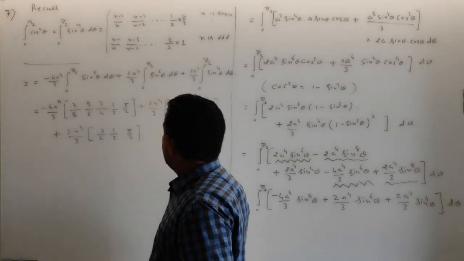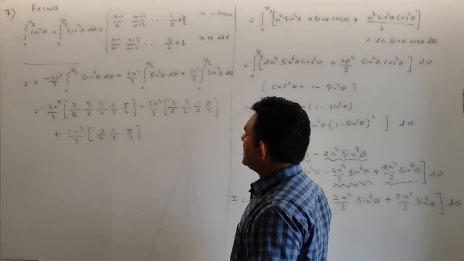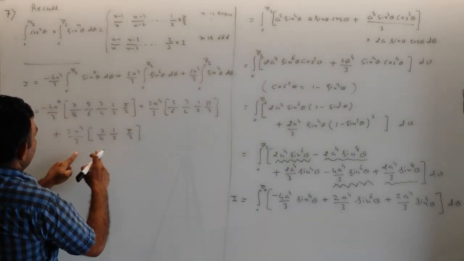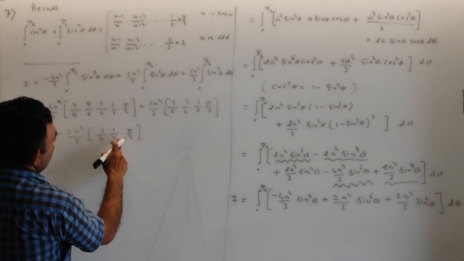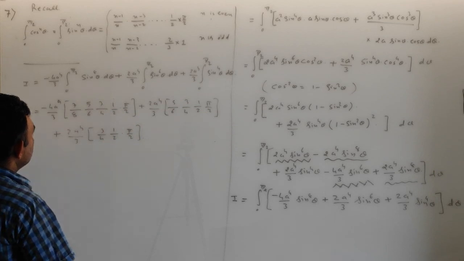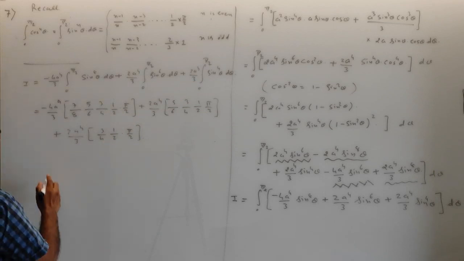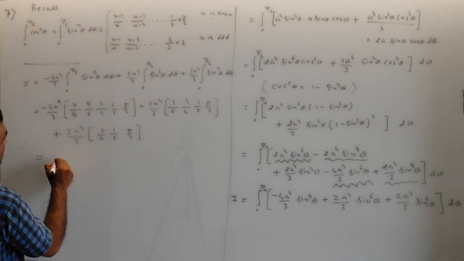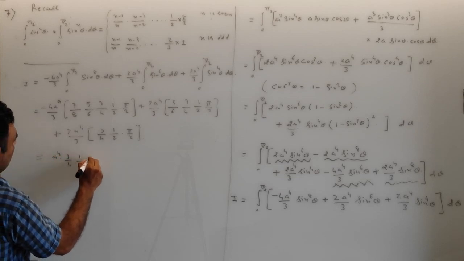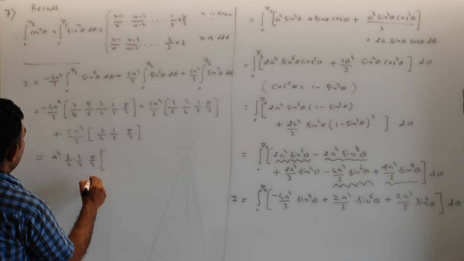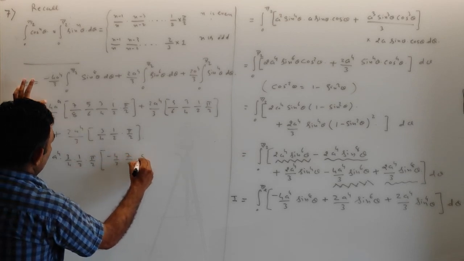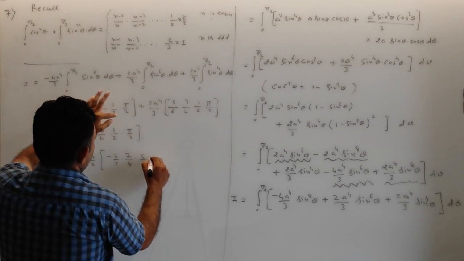So we have this thing. So now it just remains to simplify. Here a raised to 4 is common. Now 3 by 4, 1 by 2, pi by 2, 3 by 4, 1 by 2, pi by 2, 3 by 4, 1 by 2, pi by 2. So that thing we can also take common. So it is a raised to 4 into 3 by 4 into 1 by 2 into pi by 2, that thing is common. So here it is minus 4 by 3 into 7 by 8 into 5 by 6 plus